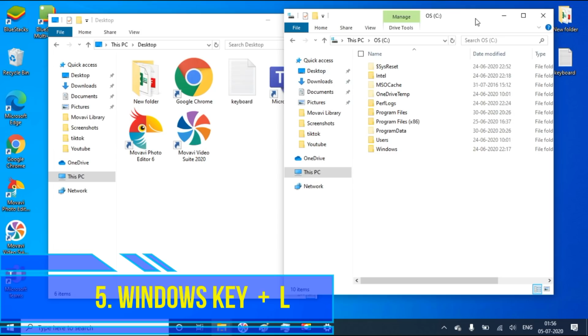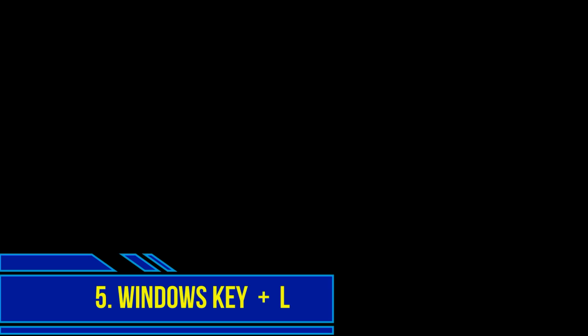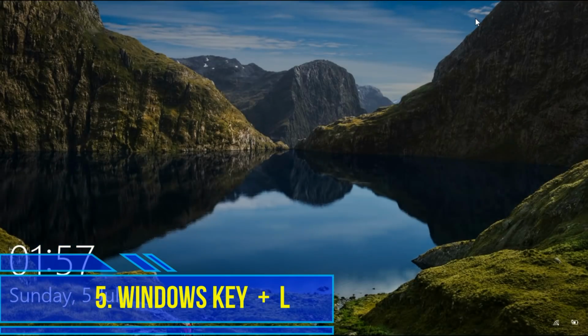For that you have to lock the PC, and if you go, then nobody can enter into that. For that you have to use Windows key plus L, then it will lock the screen only, but the background application will be running as usual. If you kept a download also, it will run in the background.